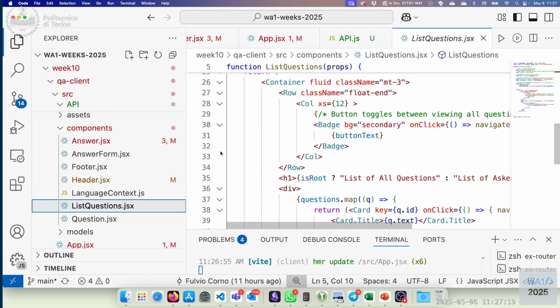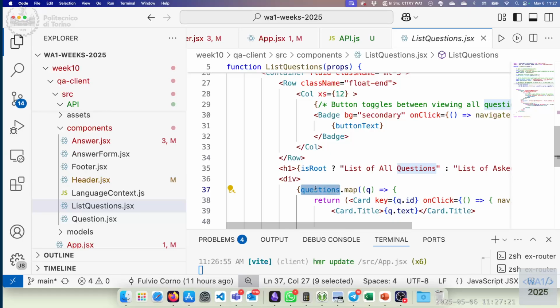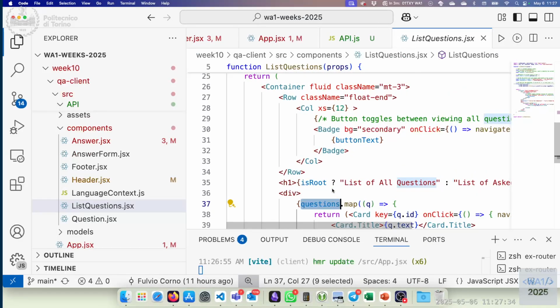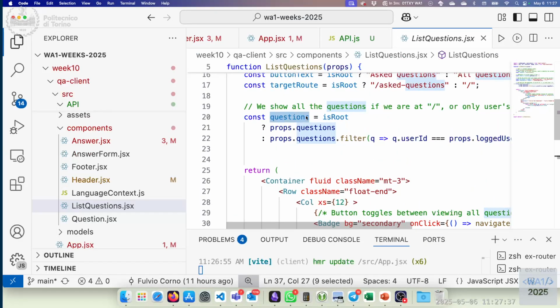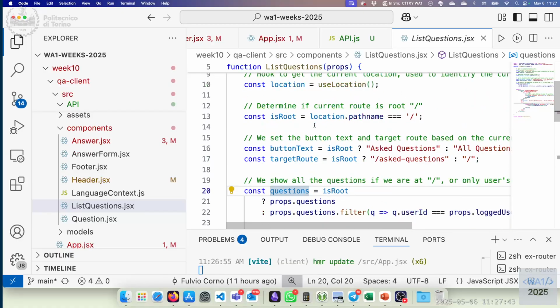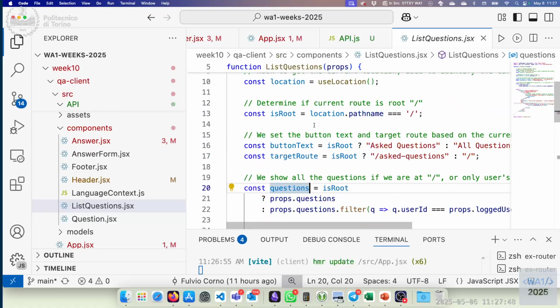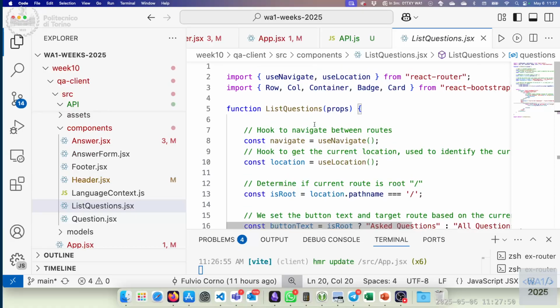Questions.map, but questions is still undefined. So let's see where question is coming from. Its question is .pro.question or filter. So this component doesn't behave well when the questions state is not